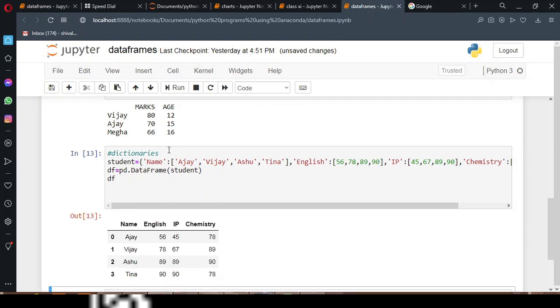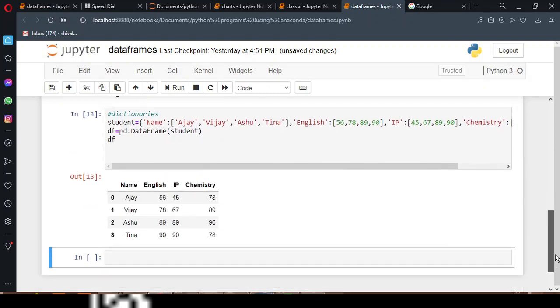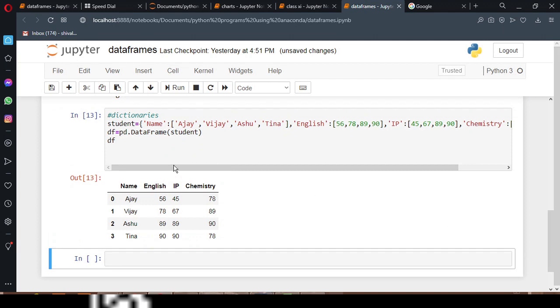So this is creating a data frame through the dictionary. As you can see, the keys are the column names, English, IP and Chemistry, and we have not given any row index, so it's the default row index 0 1 2 3, and the values are the other rows.